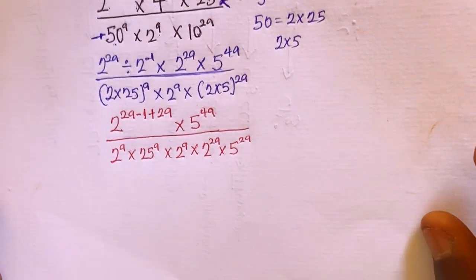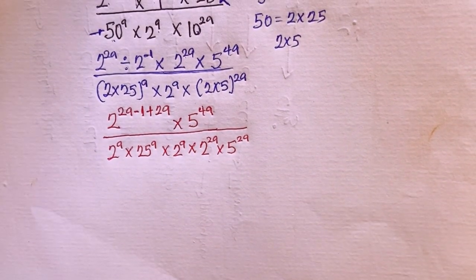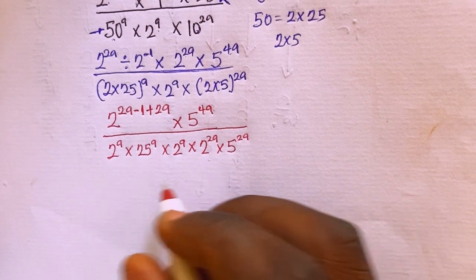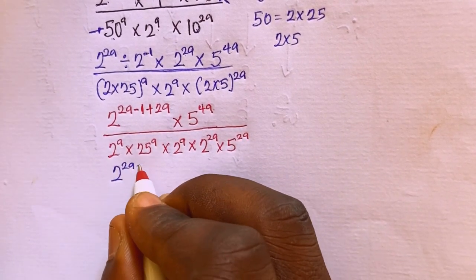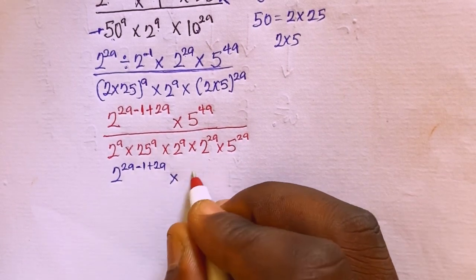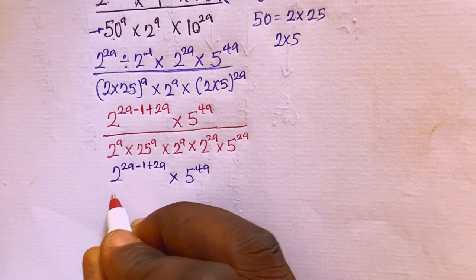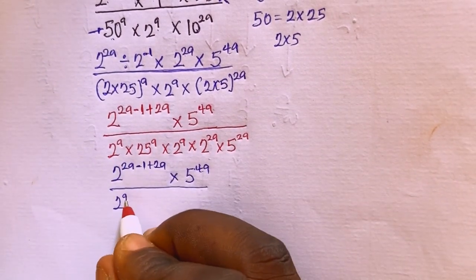So now I will go ahead and simplify this denominator. Simplifying the denominator now, I can have this as 2 raised power of 2a minus 1, then plus 2. I'm still coming back to here. Then multiplied by 5 raised power of 4a. Then divided by, now listen, here I'm having 2 raised power of a, then multiplied by